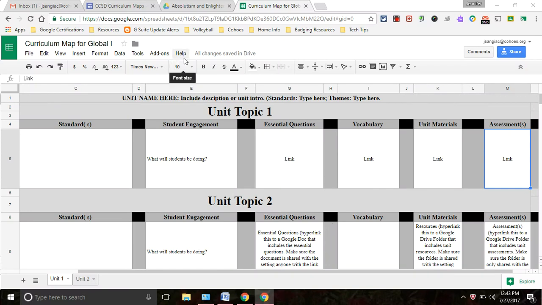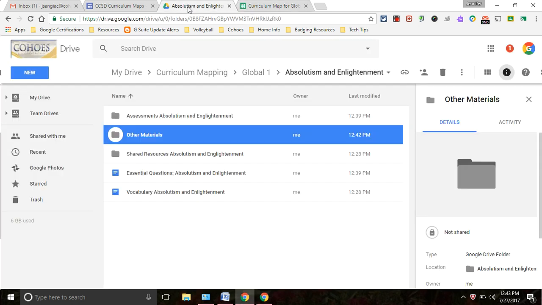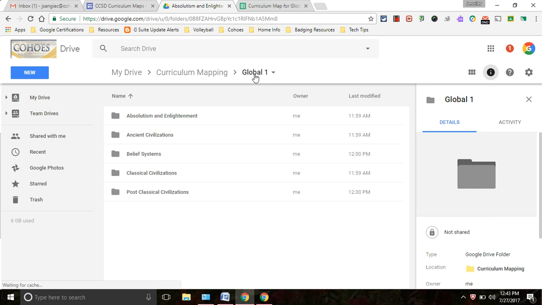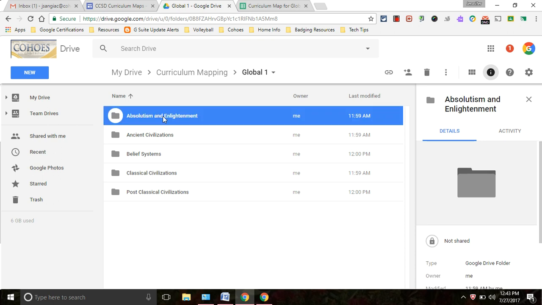Hopefully by now you've created a Google Drive file structure to support curriculum mapping. If you're not sure how to do that, there's another tutorial, but I suggest creating a folder for each course, and within each course, a subfolder for each unit, and within each unit,